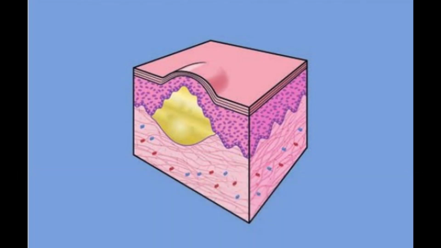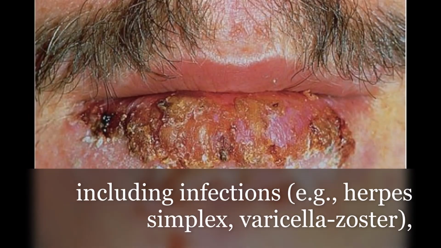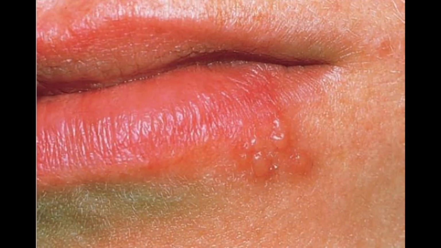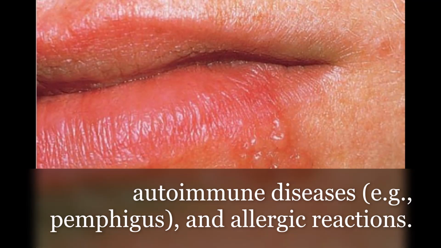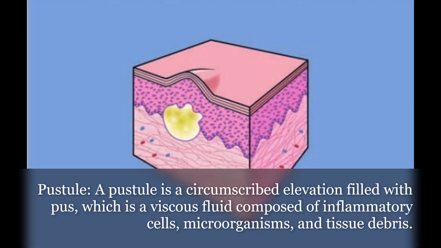Vesicle. A vesicle is a small, fluid-filled blister in the skin or mucosa that measures less than 1 centimeter in diameter. Vesicles are characterized by a thin roof and clear or translucent contents. They can occur due to various conditions, including infections, for example, herpes simplex, varicella zoster, autoimmune diseases, for example, pemphigus, and allergic